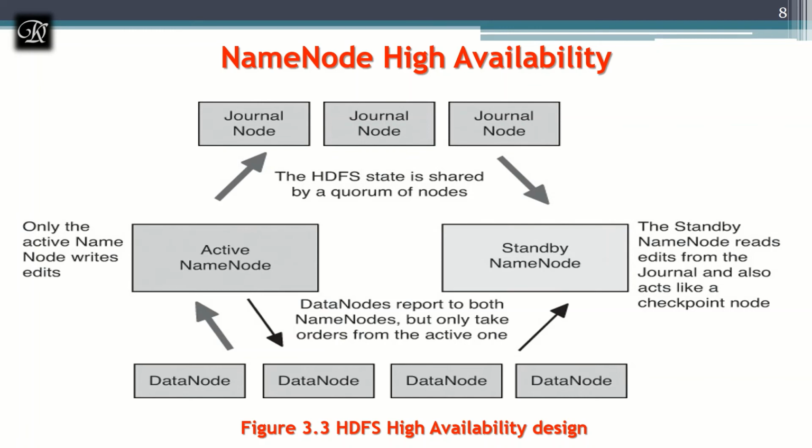What happens over here with respect to these three daemon processes? It's going to have all the logs. Just before, we spoke about the safe mode, it's going to start with the edit logs. So these edit logs will be there in these journal nodes. These journal nodes are going to play a major role in bringing back the name node when it goes down.